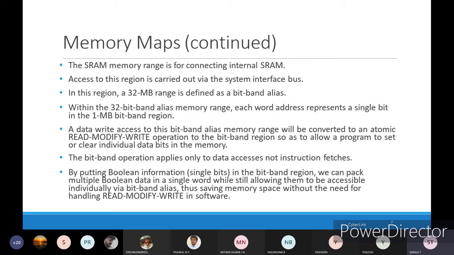Whenever we are accessing the bit band alias region, whatever changes we make to each and every bit in the bit band alias will automatically affect your bit band region.